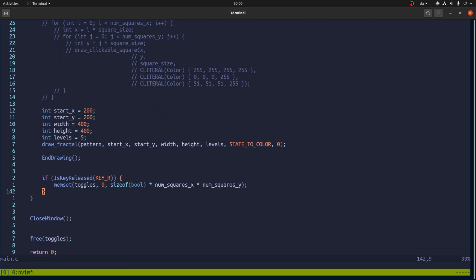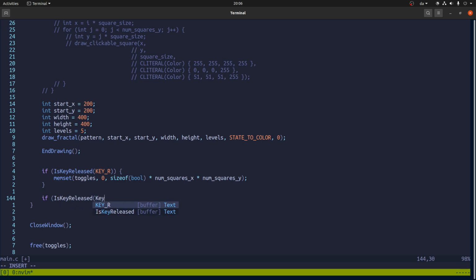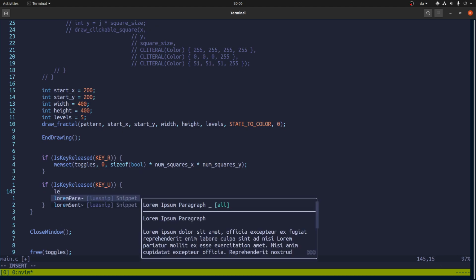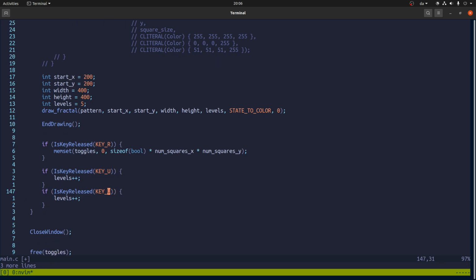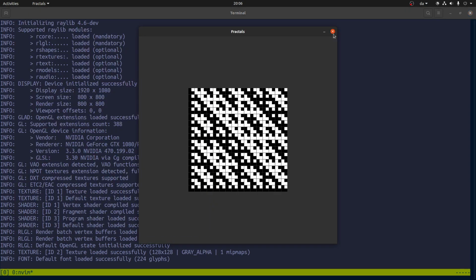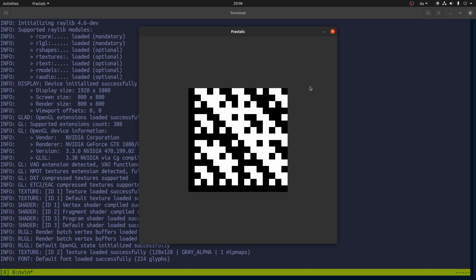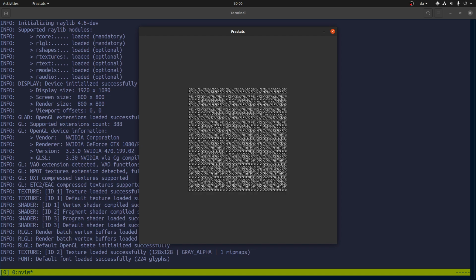And let's say if is key released key U, then we will say levels plus plus, and if D is pressed instead, we will decrease the number of levels, and then this needs to be a variable out here. So now we can say like, okay, draw less, or draw more, and we can make this kind of pattern. So these triangles kind of like,